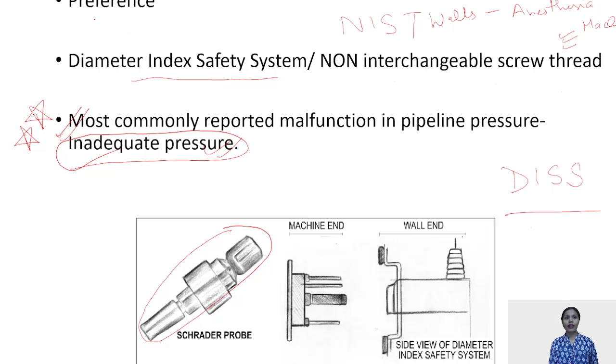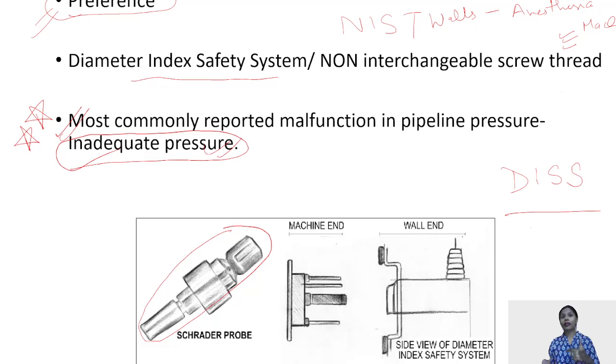Talking about the preference, I think we have already covered it in the last class. A quick recap of what preference means. Suppose the pipelines and cylinders are both attached to your anesthesia machine, but what your anesthesia machine is going to use is the pipeline oxygen and not your cylinders. Your cylinders are your reserves present on the anesthesia machine, and the pipeline pressures are generally always more than the cylinder pressures, so that if the cylinders are left open by any chance, preferably your pipelines are going to get used and your cylinders are not.